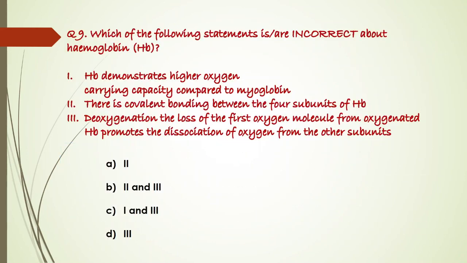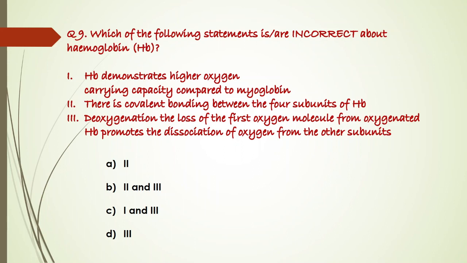Moving to the next one. It states which of the following statements is or are incorrect about hemoglobin. So there are three statements. First is hemoglobin demonstrates higher oxygen carrying capacity compared to myoglobin. The second one states there is a covalent bonding between the four subunits of hemoglobin. And the last statement is